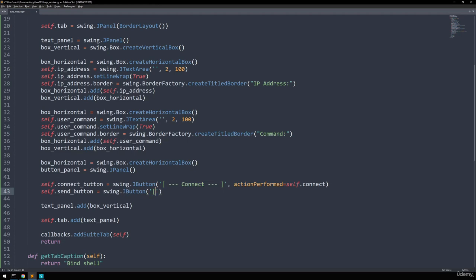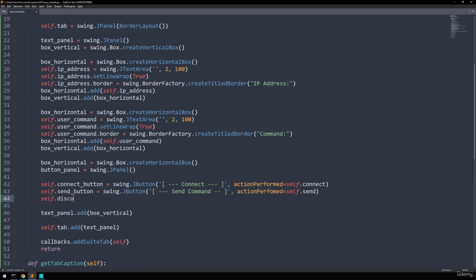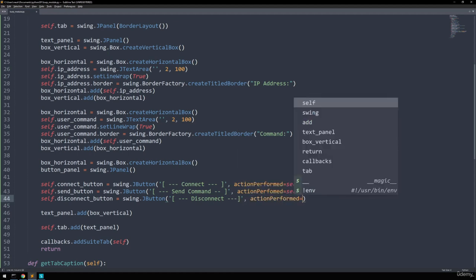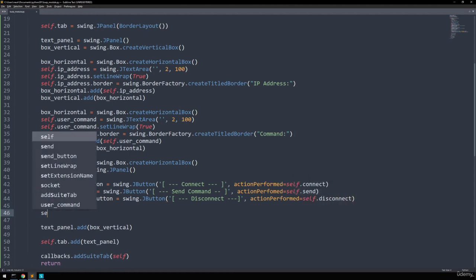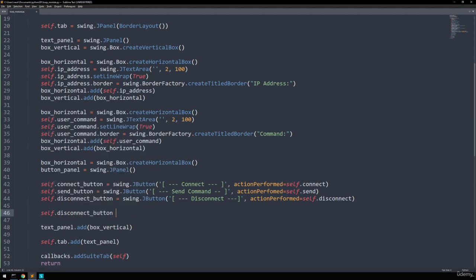And we also want a send button. So send command. And we also want to do something when this is clicked. Send. We also want to add a disconnect button. Disconnect. Dot disconnect. And by default, we don't want to be able to press the disconnect button because there'll be nothing